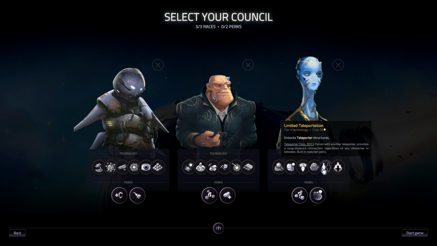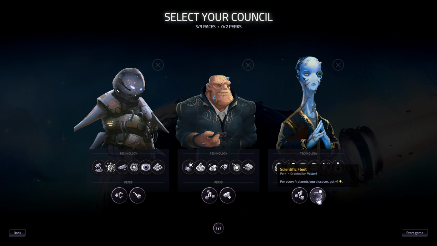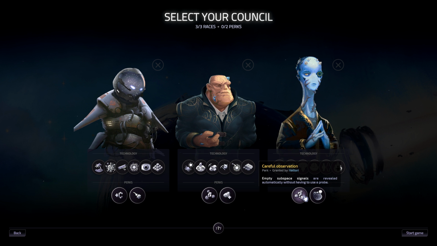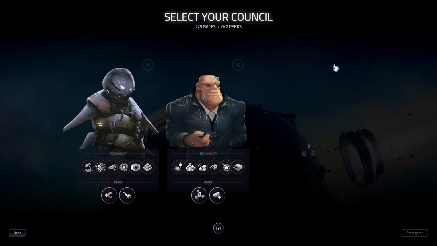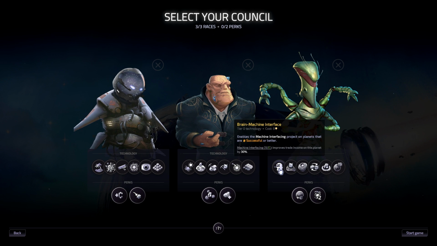Unlocks using robots as people. Teleporters are just like really long-range slip relays, if you really think about it. And the Ascension Gate. Those who tire of this plane can just get the hell out of here, yielding happiness. And then they do have Scientific Fleet, you know? Ways of generating more research. Very powerful. Ooh, I like this too. Just get rid of empty signals. No false positives. And the Silphid have...